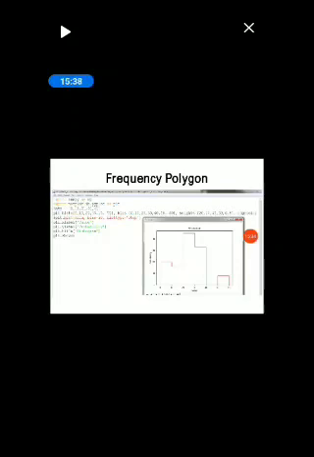The edge color is set, etc. Now the x label and y label are set as value and probability, and the title of this histogram is histogram. That's all. So using this, it will draw the frequency polygon. To draw the frequency polygon, the histogram function is taken over here again.